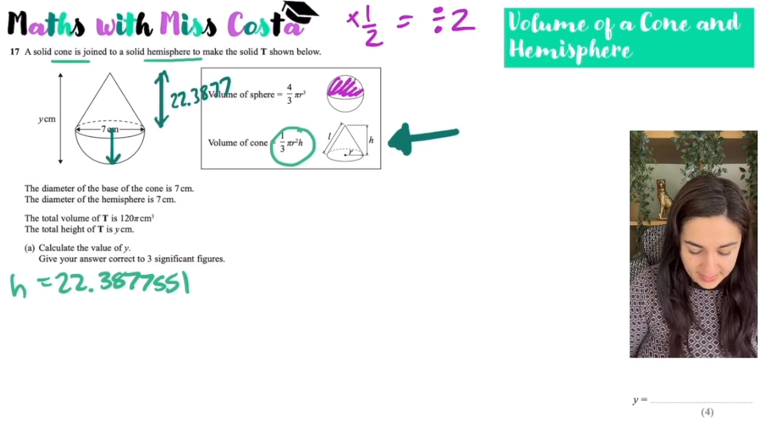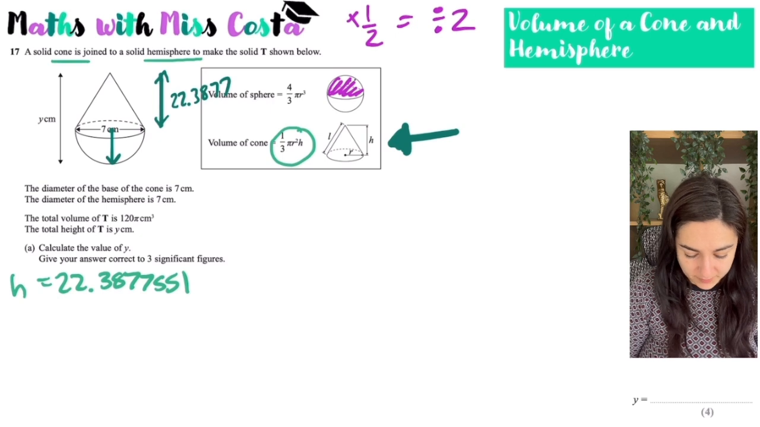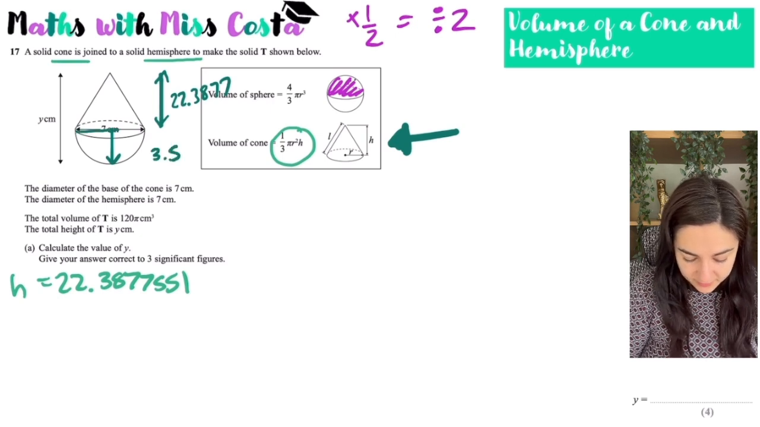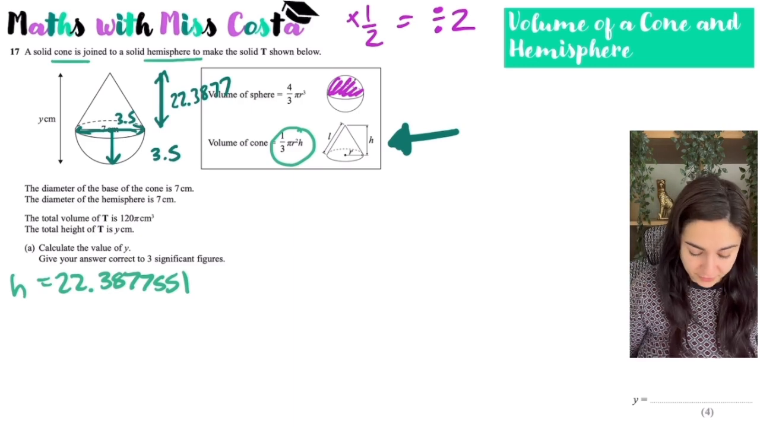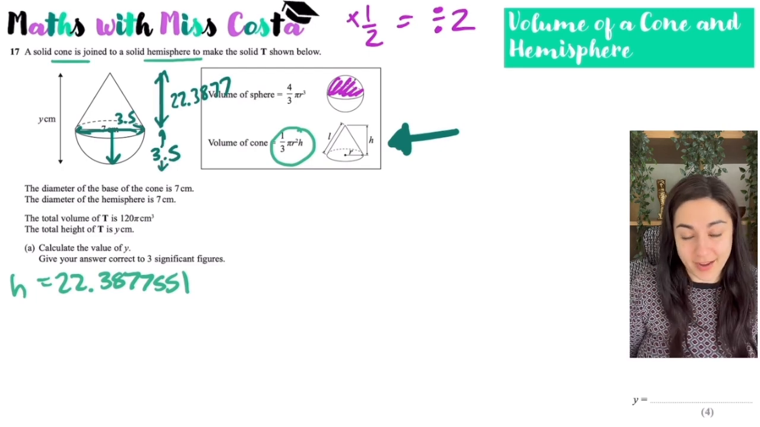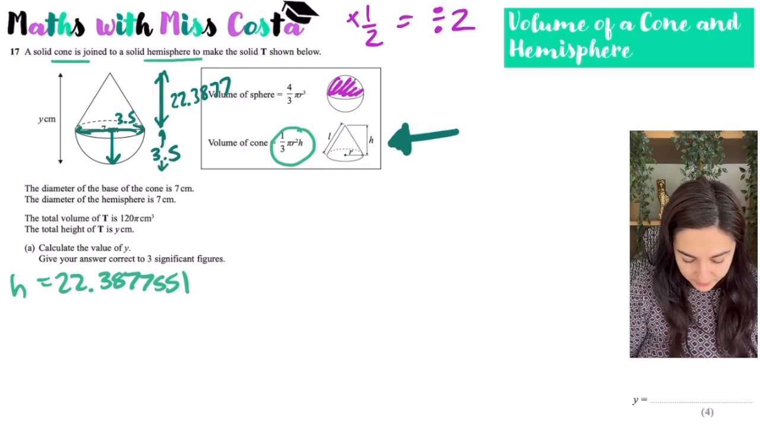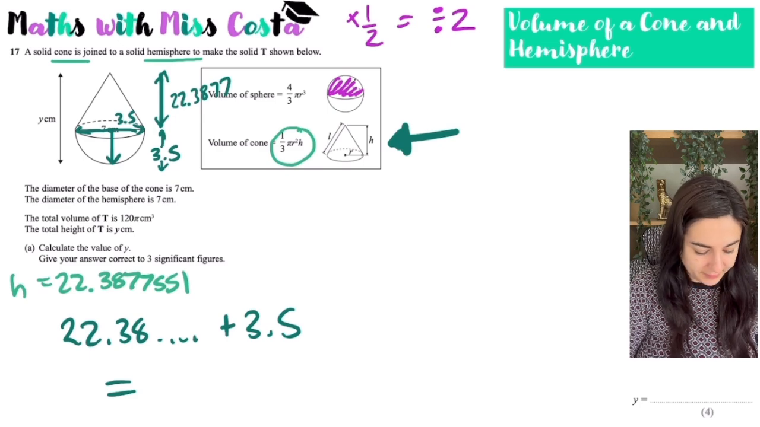to there. And I know that the radius of this shape is 3.5 because we spoke about that. So the diameter is 7, so therefore the radius is 3.5. And remember, a radius can go in any direction as long as it starts from the center of the circle. So the total height, the total of y, is going to be h, which is 22.38 plus 3.5, which leaves me with,